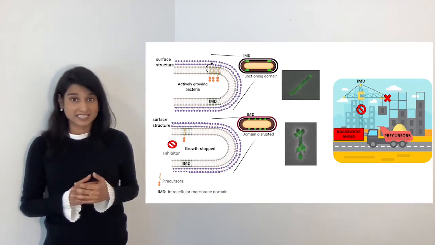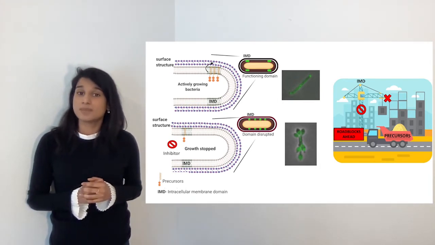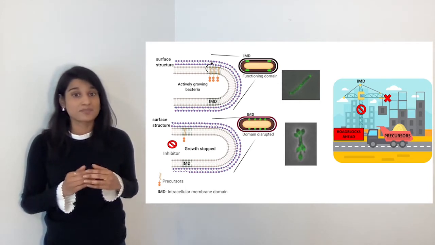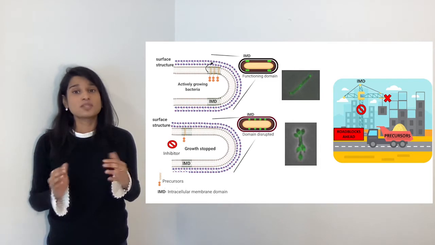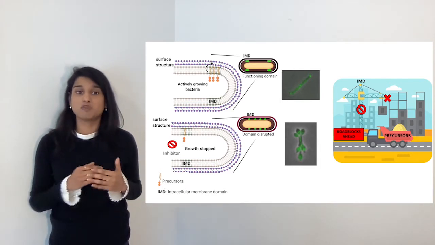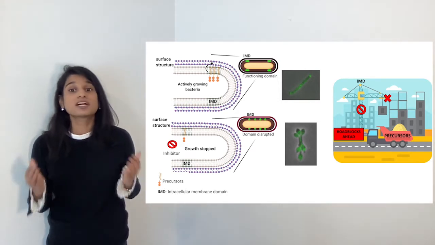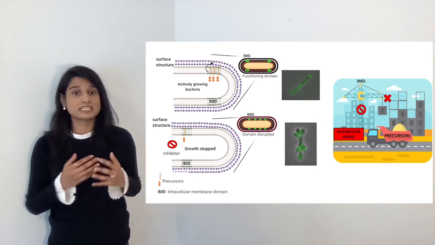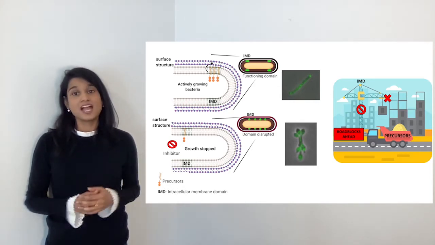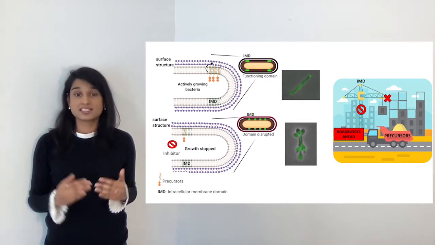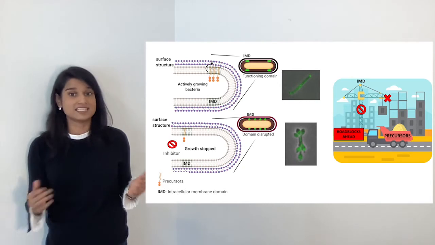Previous research has indicated that the bacterium has a specific region called the intracellular membrane domain, or the IMD, as seen on the left-hand side of the slide. The IMD is enriched with many proteins that facilitate the formation of this tough surface structure. The IMD can be compared to a construction zone where various building blocks, the precursors, come together to form the fortress. The careful orchestration of proteins to further reactions can be compared to a mechanical crane that facilitates the building